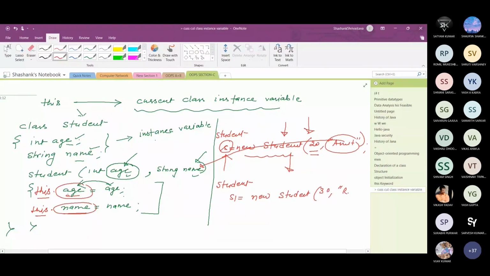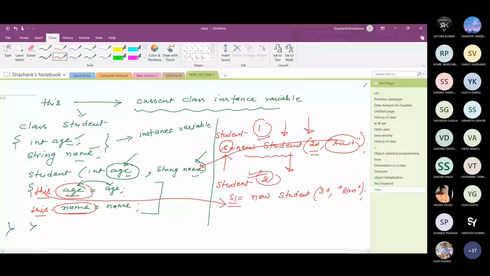So here in the first line if I write this, in the second line I create another object that is referred by s1. So now this refers to the current object, because this is first created and this is created after this particular object.